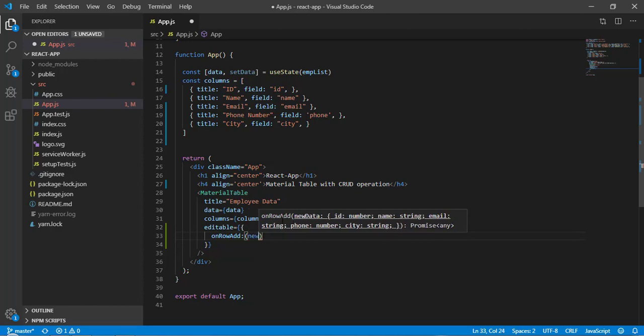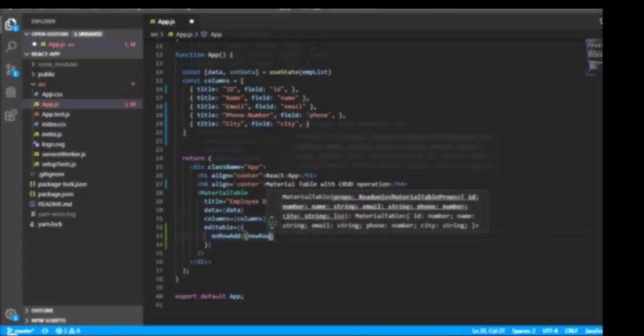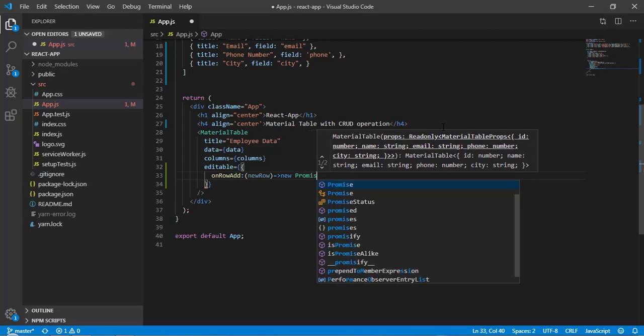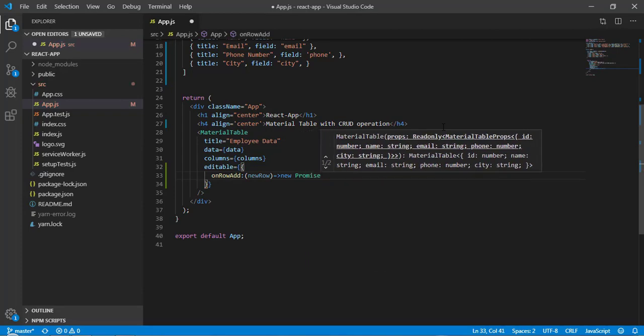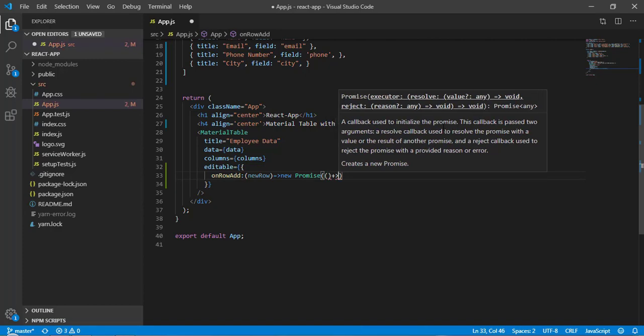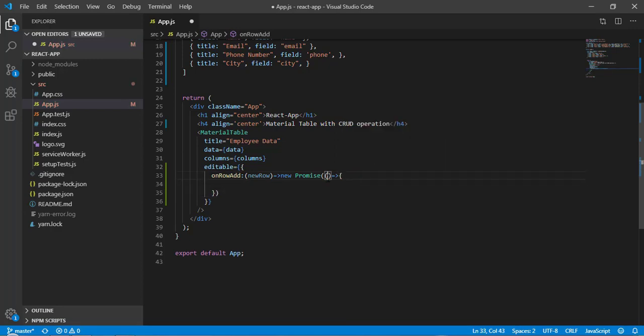So here I will write newRow. This callback function is going to return a promise, so here new Promise. This promise is going to take a callback function, which gives me two variables: first is called resolve and second is called reject.